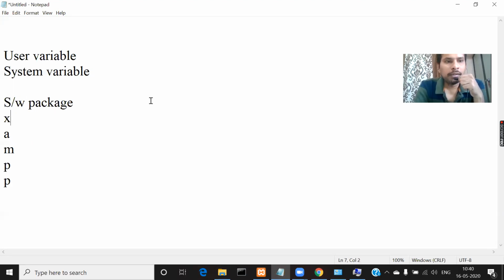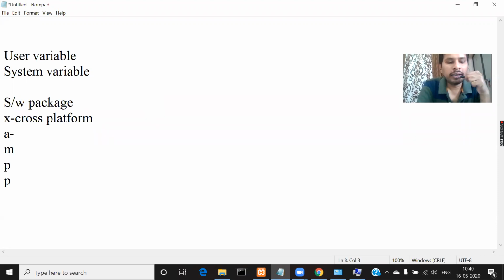So this first X stands for cross-platform. So that means you can use this XAMPP software either on Linux operating system or Windows operating system or any other operating system. So that is the meaning of this X, which stands for cross-platform.